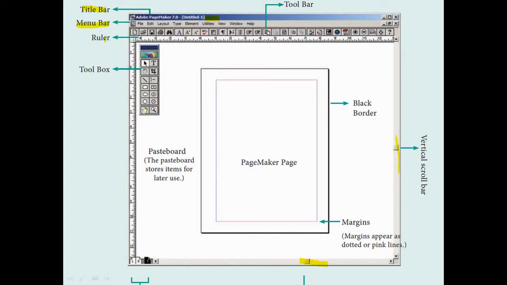You have a toolbox here. This is actually a very important one. You are going to use this for creating a text block where you are going to enter the text, and if you want to insert any shapes, you will be using these tools. If you want to zoom, you will be using this. You can crop, you can rotate the image whatever you want. So we'll be discussing later.